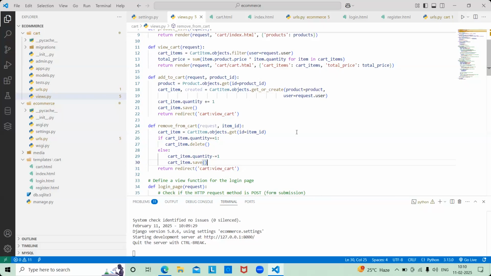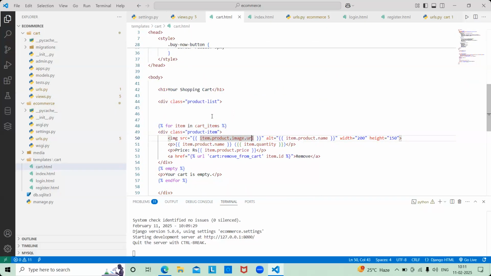Now in cart.html, in the shopping cart, in cart.html, now here I'll display the username. Okay. So in cart.html, I'm displaying the username. So what I'm doing is I take this